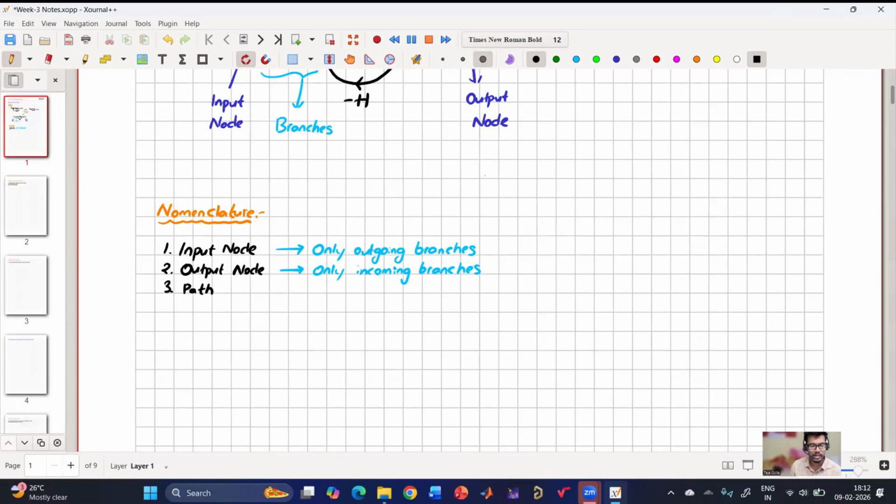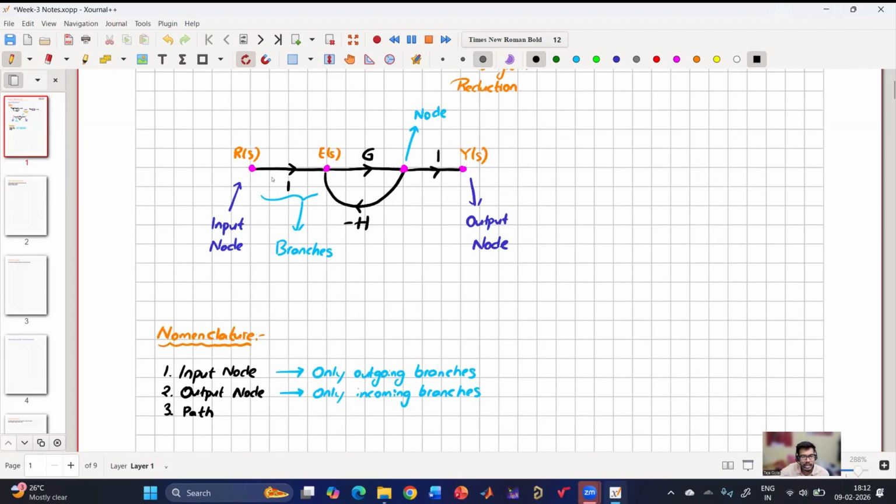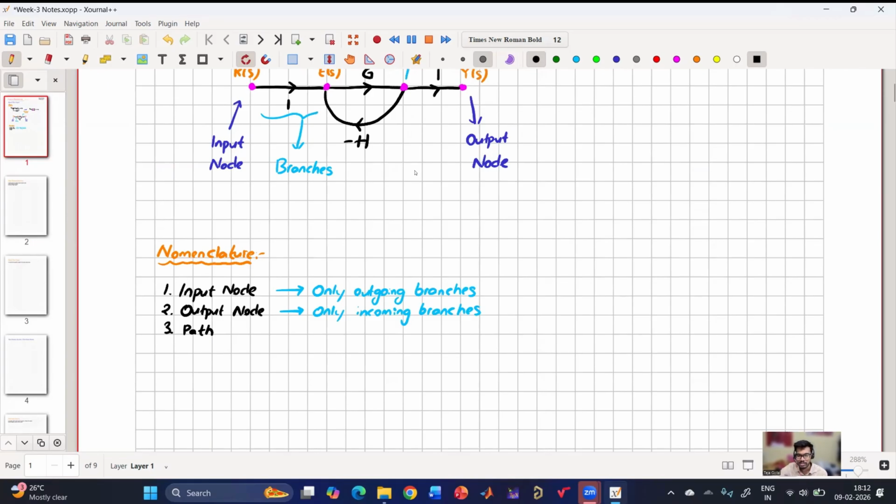Path can be traveling from one node to another node, but no node is covered twice. So here I can call R of S to E of S one path, R of S to Y of S one path, but we should not go in a loop, so that no node is traversed more than once. So path is